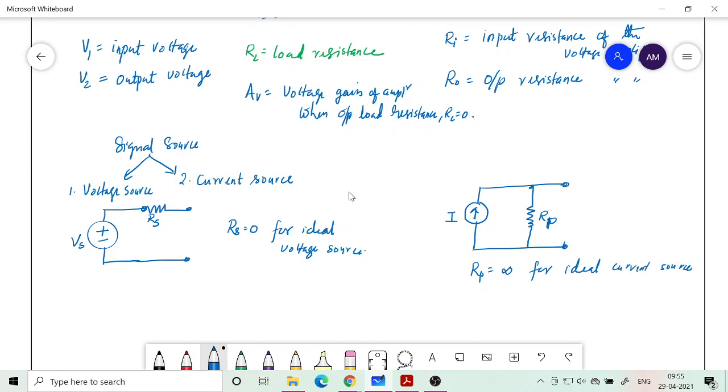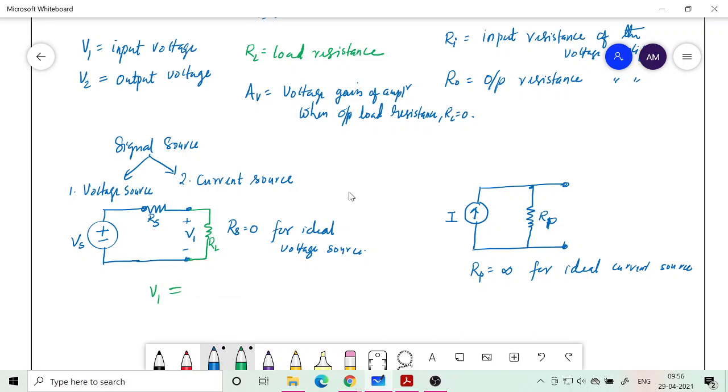Now, what do we mean by this series resistance and this parallel resistance? Basically, practically what it does is that though it is generating a source voltage Vs, practically what we get here is only V1. For example, if you put a load, just like earlier I told you, amplifier output is always taken across a load which is connected externally. So if I put a load RL, how much voltage will I get? I will get only V1.